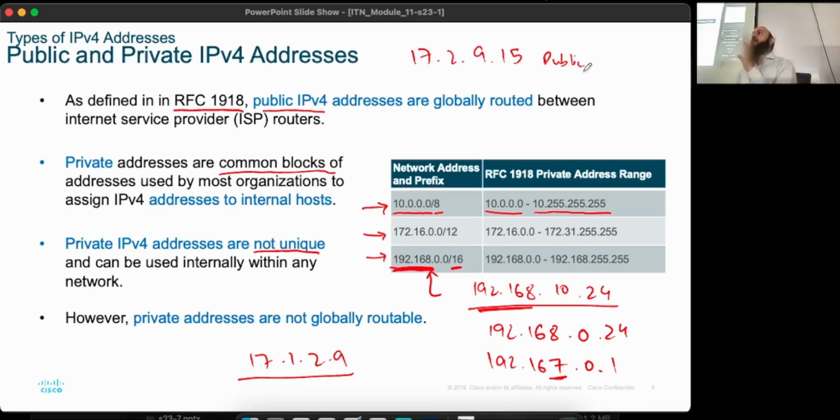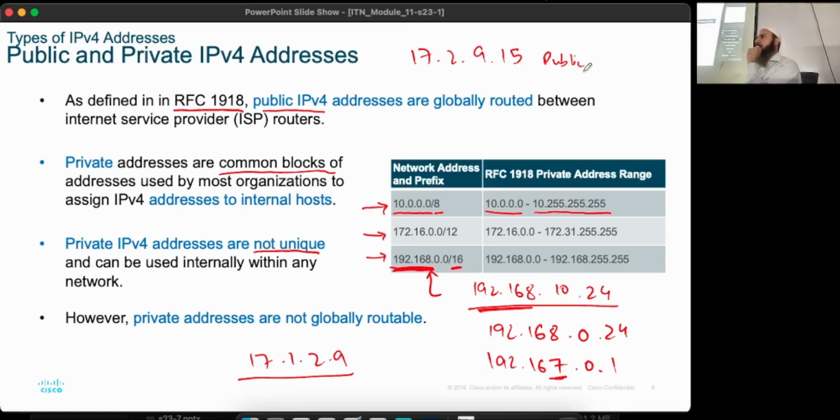Why more than two? I'll give you the answer. If you have only one path going out and something happens there, like that router blew up, then all your traffic is stuck here. So you have multiple routes so that if this thing goes off, you can go here. If this thing goes off, you have another one. If two things go off, you have another one. They're doing the same thing. It's going to make more sense as we study the protocols later on.